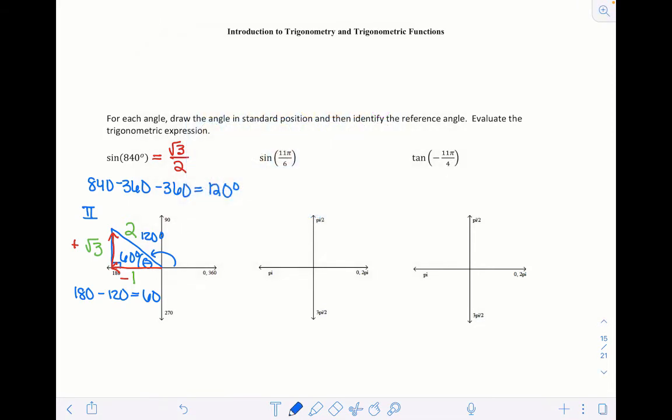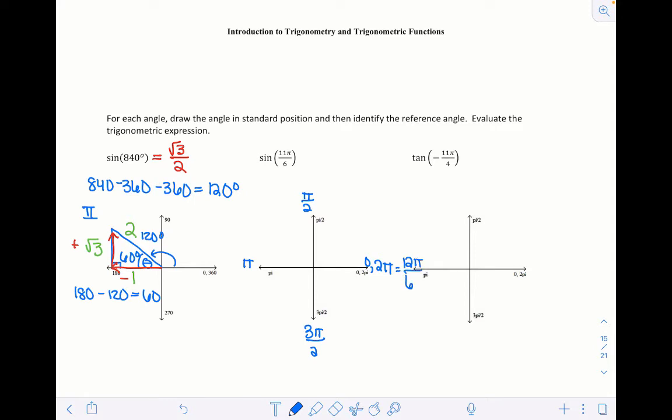Okay, now let's look at the next one. I'm going to leave it in radians, just to show you how to work with it in radians. It says pi here, but I can rewrite this: 0, pi over 2, pi, 3 pi over 2, and 2 pi. Maybe you're looking at this and you're not sure if it's less than 2 pi or not. We can get a common denominator even for these quadrant angles. Maybe I'll start with 2 pi, and I could multiply that by 6 over 6 to get 12 pi